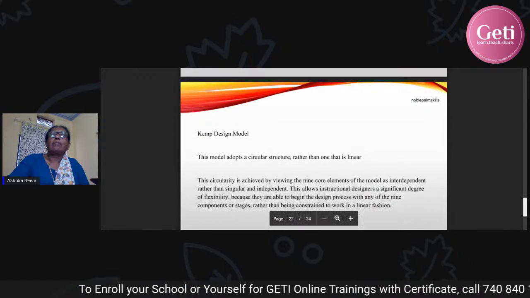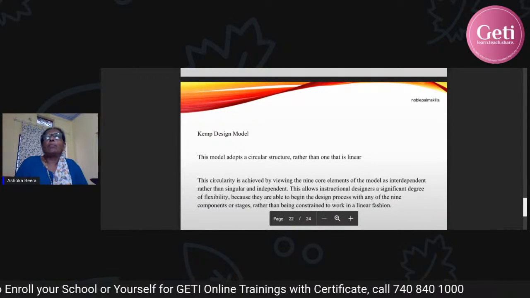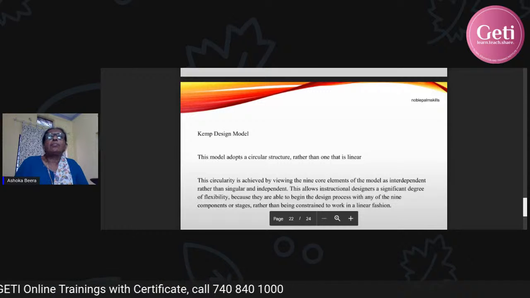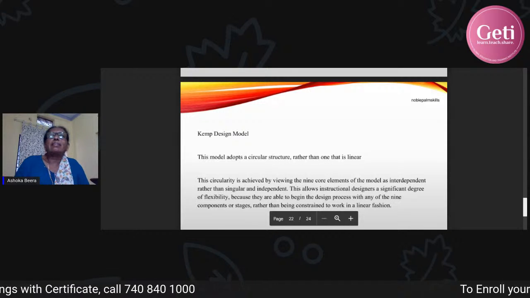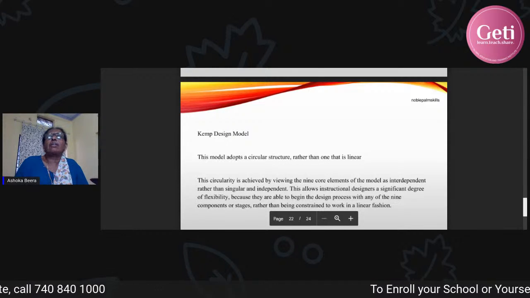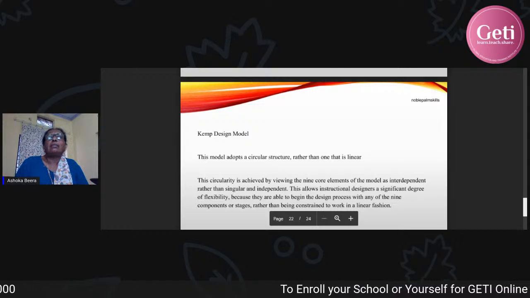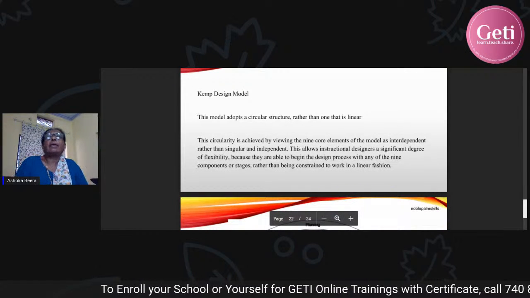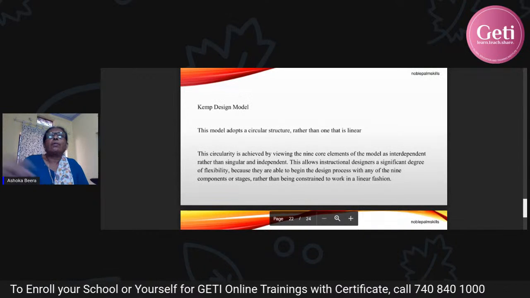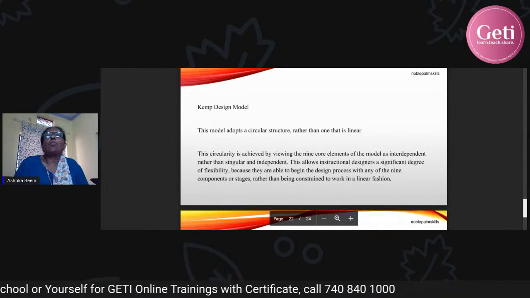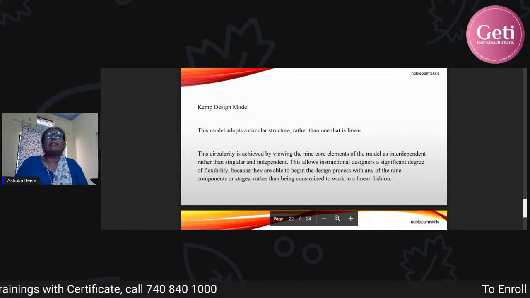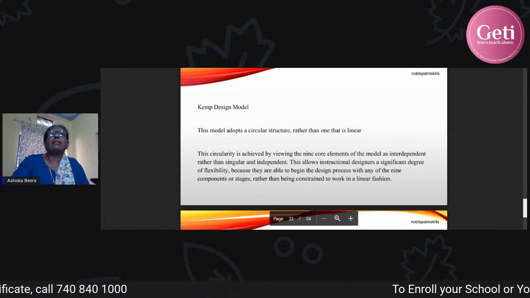I would like to present to you one more model, which is the Kemp design model. This model is more of a circular structure, not a linear one. This circularity is achieved by viewing the 9 core elements of the model as interdependent rather than singular.